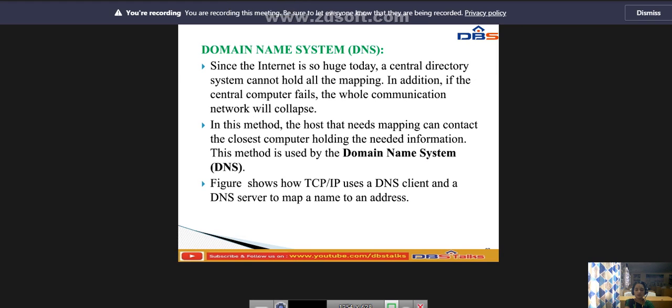Next, coming to the next topic, that is the Domain Name System, DNS. The internet is so huge today that a central directory system cannot hold all the mappings.